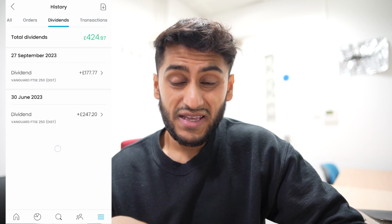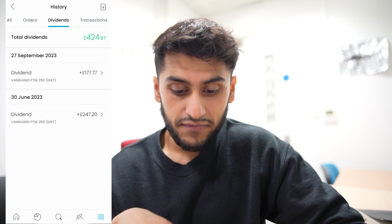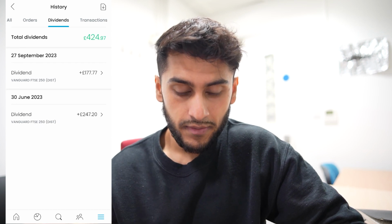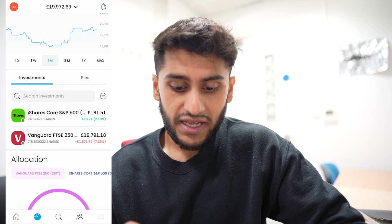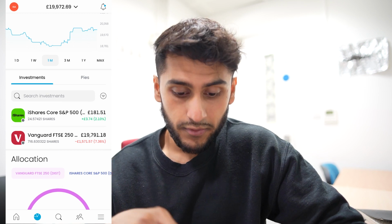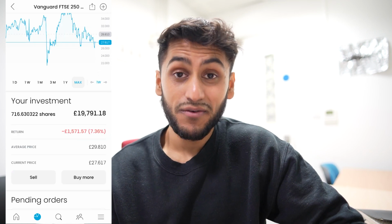In terms of dividends, again, not too bad at all. £424. As you can see, dividend from the FTSE 250 twice, once in June and once in September. If I reinvest these dividends back into the FTSE 250 year on year, hopefully we'll see an increase in the dividends. But anyway, only 2 ETFs in my ISA just to make everything very simple. 716 shares in the FTSE 250. Overall down by 7.36%, which is the loss of, listen to this,